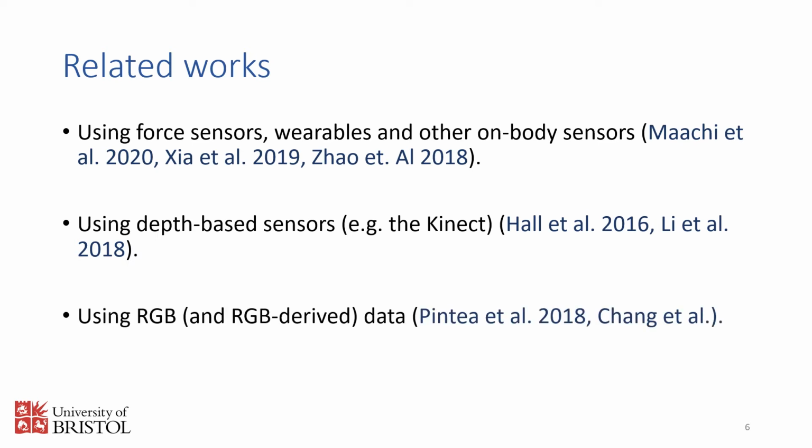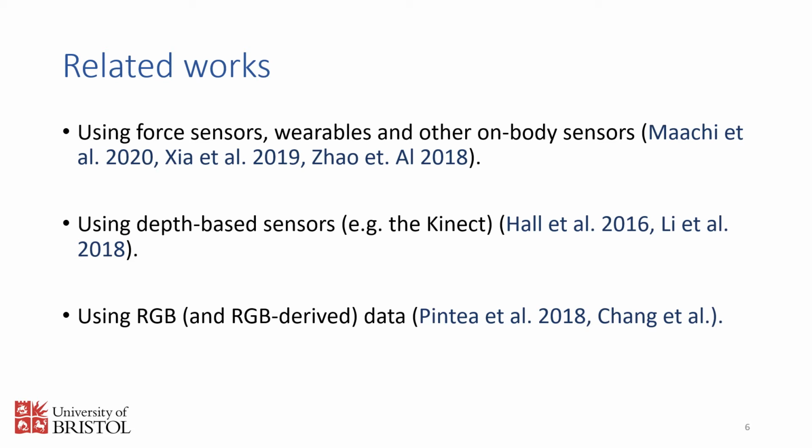There are also a few works which only used RGB data for this task, and most of them rely on handcrafted feature extraction and pre-processing steps, which may limit their model's representational capability. However, as I mentioned before, we are interested in assessing Parkinson's disease severity with only RGB data in an end-to-end network without the need for any pre-processing step and